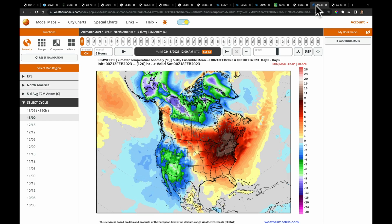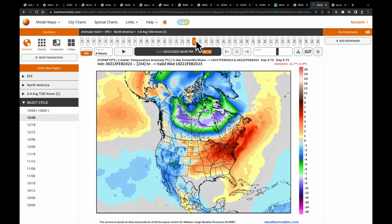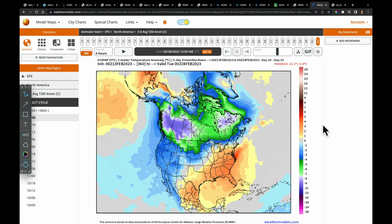Now, take a look at this, though. I'm going to show you the whole North American view of the 5-day sliding window of temperature anomalies. Cold air that had been in the Arctic and over Siberia is now setting up throughout much of Canada. There's going to be a major competition for space across North America as this colder air sets up here, but there's still a subtropical ridge. And all while that's changing, which, by the way, remember, right in between the two is where the pattern is